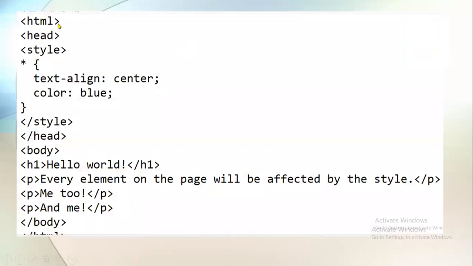In this example, I have started the HTML tag. After that, I have defined the head tag. Under the head tag, I have defined the style tag. After this, I have started the body tag. Under the body tag, I have an H1 tag and three P tags. In this, we have defined some kind of text. Now what we want is